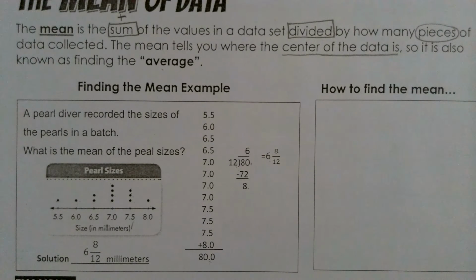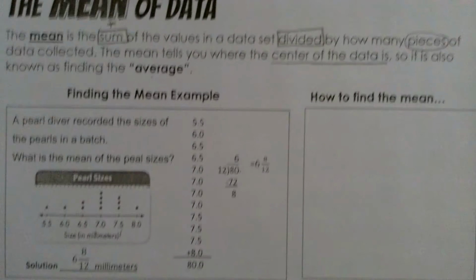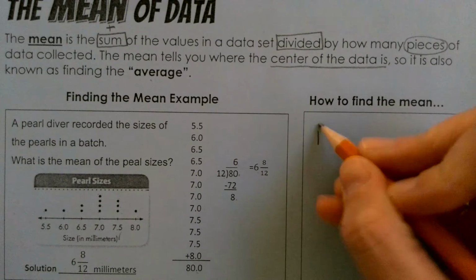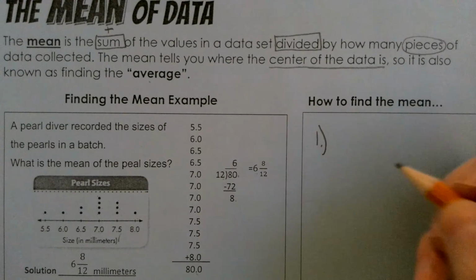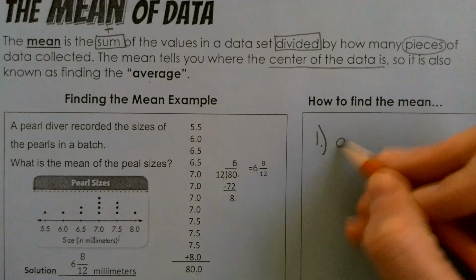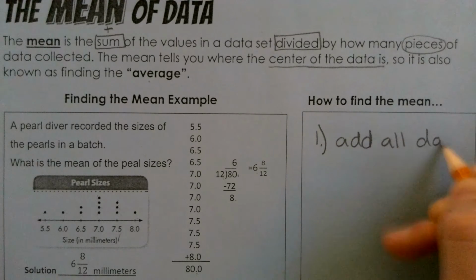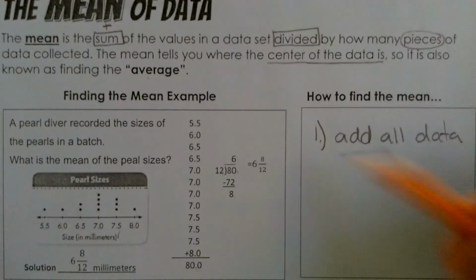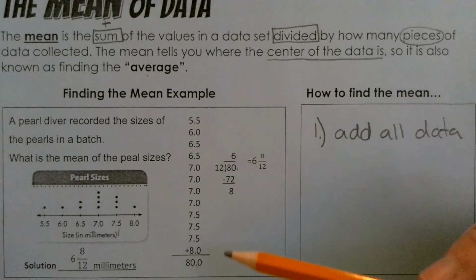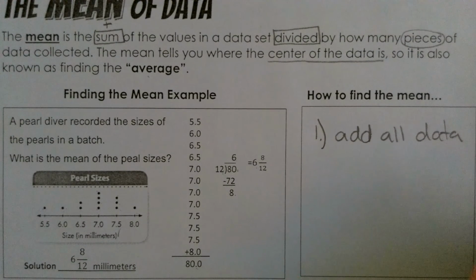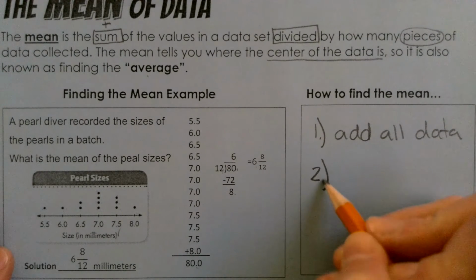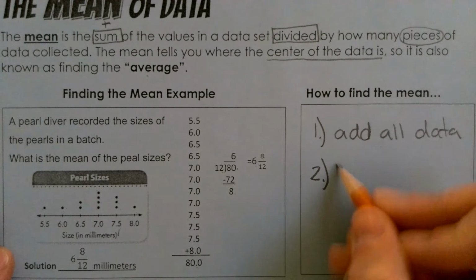So let's formulate some steps that were taken that we can always use if we're finding the mean of any kind of data. So the first thing we could say is we did what? We will always have to add all data. Obviously, it's a little bit more of a step to do challenge-wise if there's more data and if the numbers are a little bit larger than what we're working with and seeing here. The second thing we always do after we've added them up, we're going to divide